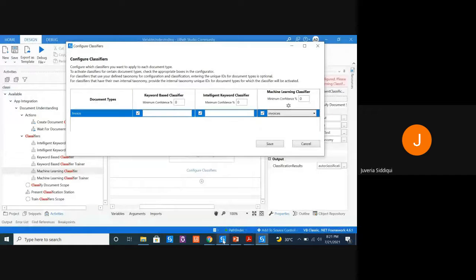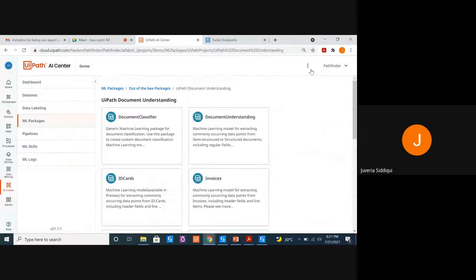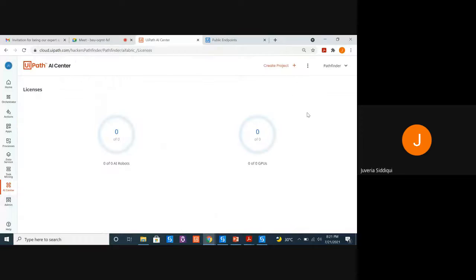So let's go back and let's configure invoices for ourselves. I hope I have explained this drop down well. You now understand where this information is coming from. Also, it's very important to manage your license usage on AI Center. Currently you see I have no GPUs available, so I basically do not use GPU for my project. It's taken care of; when I run the projects, it's acquired then. Over here, I have one robot used and in total two. Always keep the consumption to bare minimum. Currently I'm using 50%.